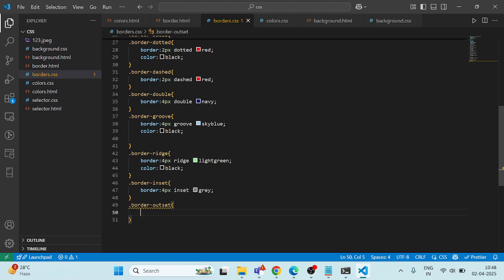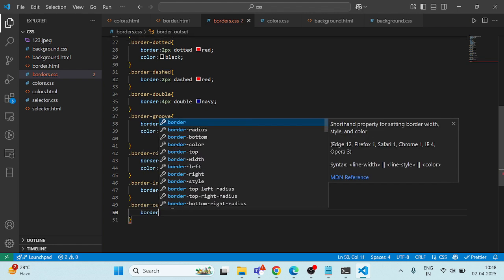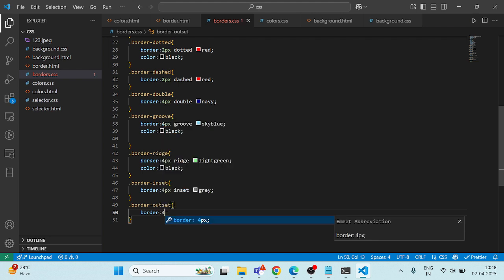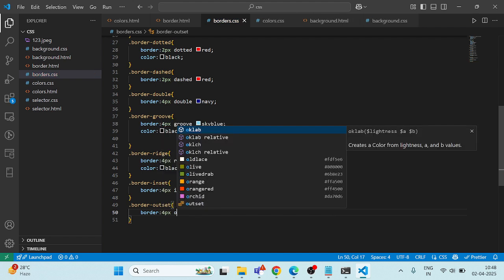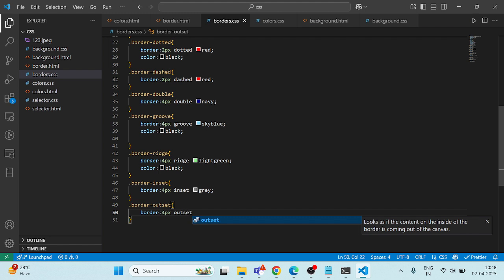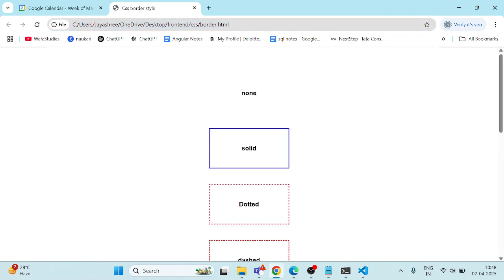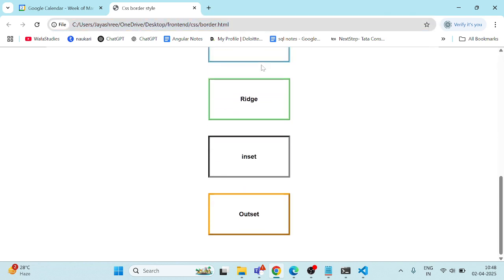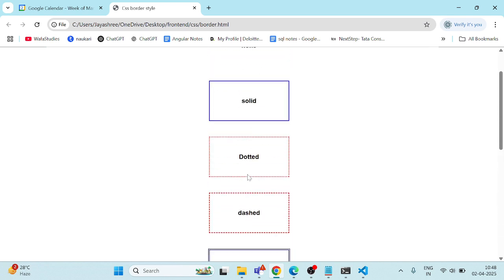Okay, border 4 pixel outset orange. So what happens here, some shaded part will be presented there. So this is all about borders. Okay, is it